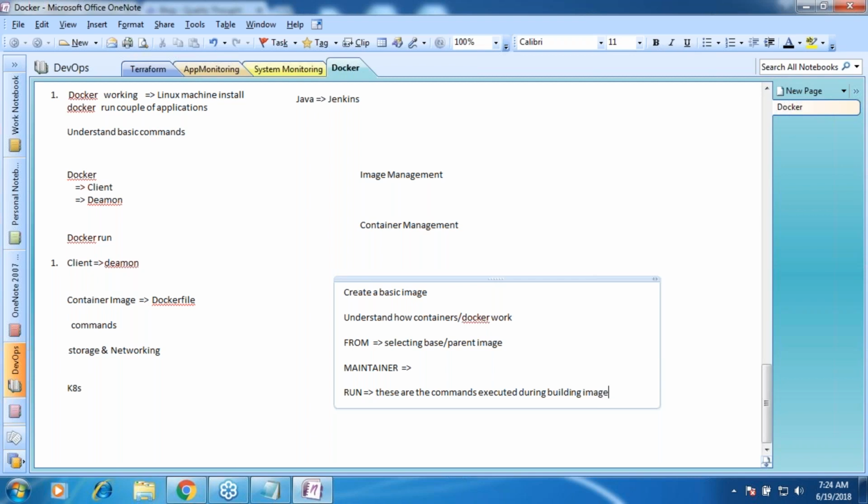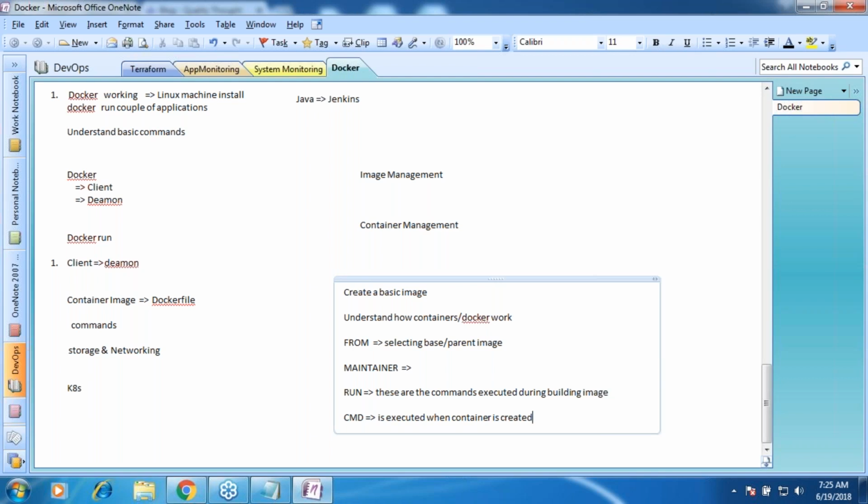And then at the last, there is one more thing, but I'll just stay back to whatever we saw yesterday. CMD is executed when the container is created. What is the difference between 3 and 4, or run and CMD?